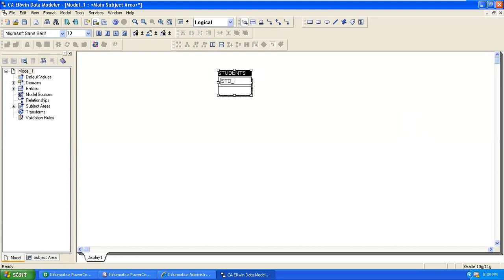Only underscores, no hyphens, dashes or spaces. Next, if you want to go to the non-key section, press tab again and enter the name, student name. Next, class ID. If you want to enter one more attribute in the same section, press the enter button, class ID. Okay.